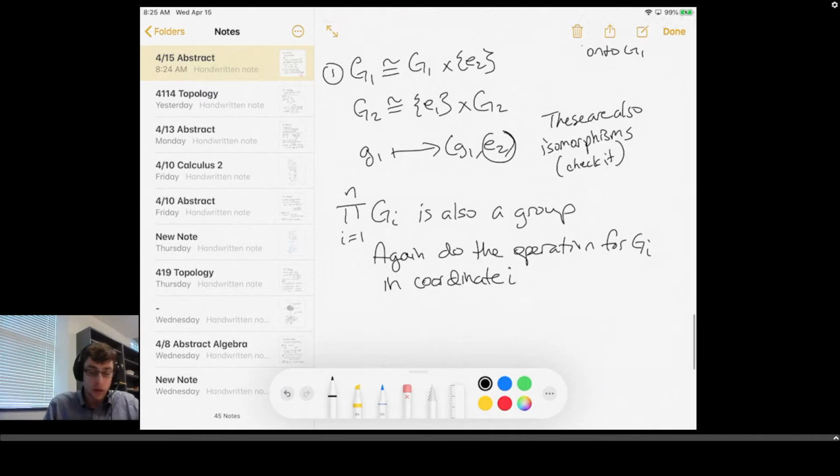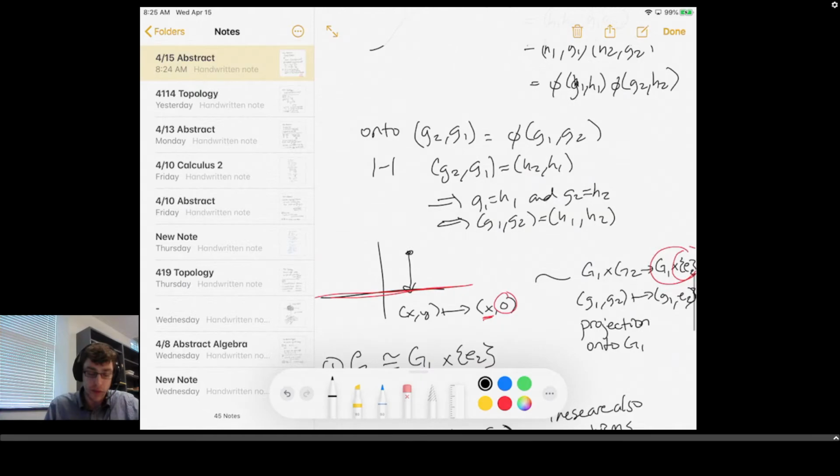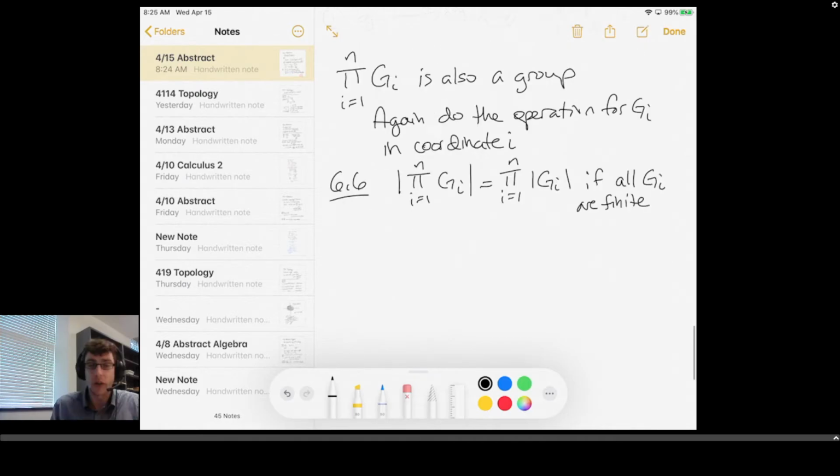So a nice thing to know, and you could probably guess it from that previous example with Z4 cross Z2, is the order of this product. The order of this product is equal to the product of the orders, if all of these guys are finite, if all GI are finite. So if you've got, say, Z2 cross D3 cross S4 cross Q8,